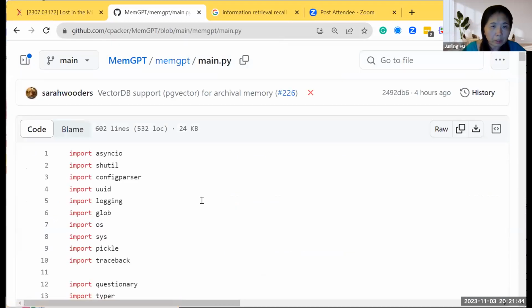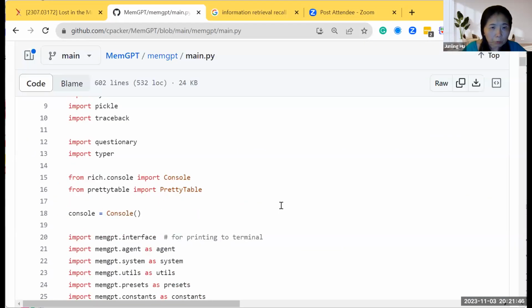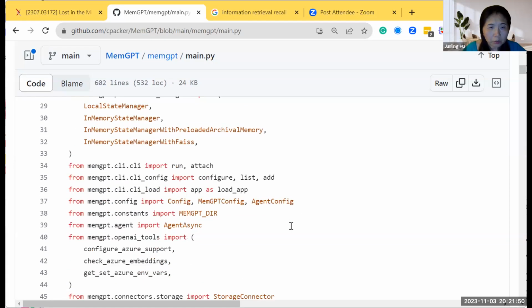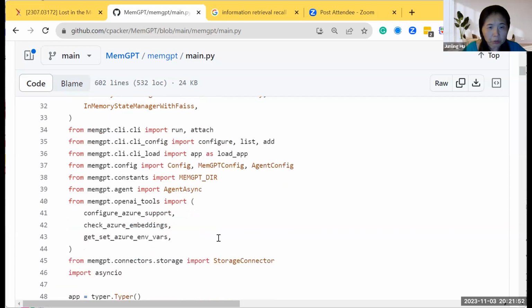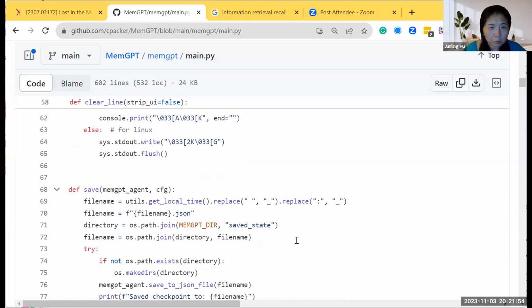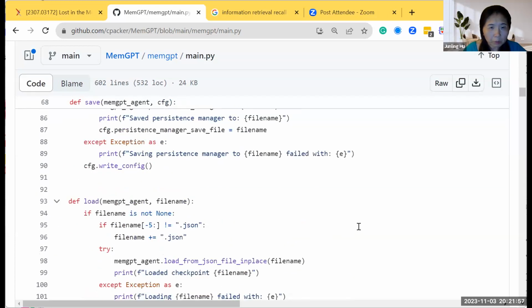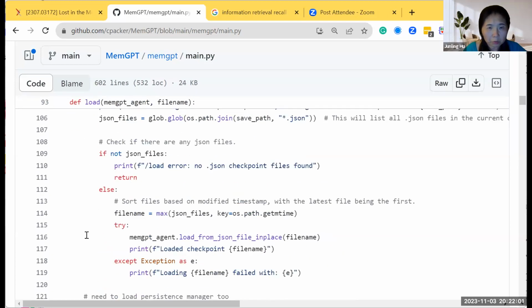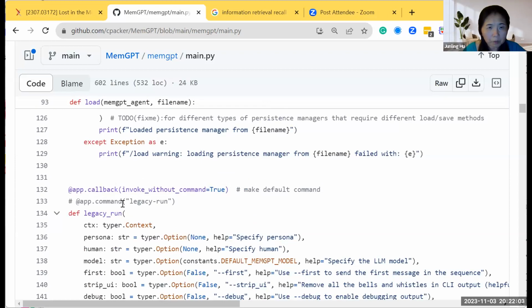But in this main.py, you see how they actually did it. This is the interface part, but you see how they interact with the external system. Take some time to read the code, but I just want to bring that up.